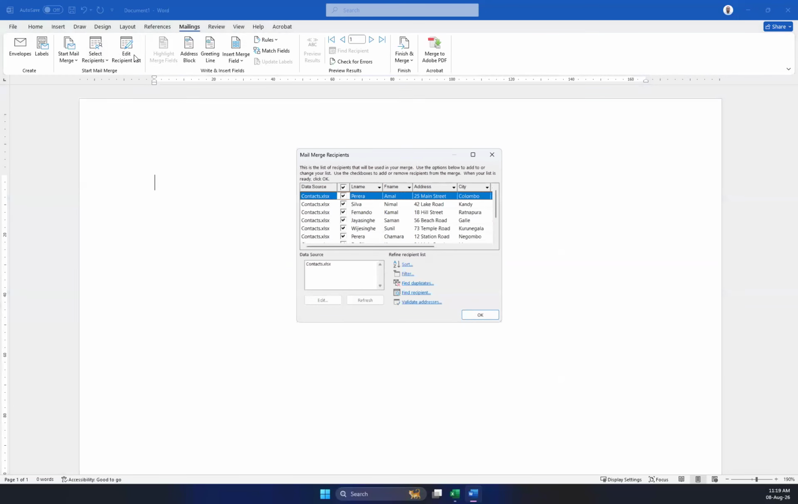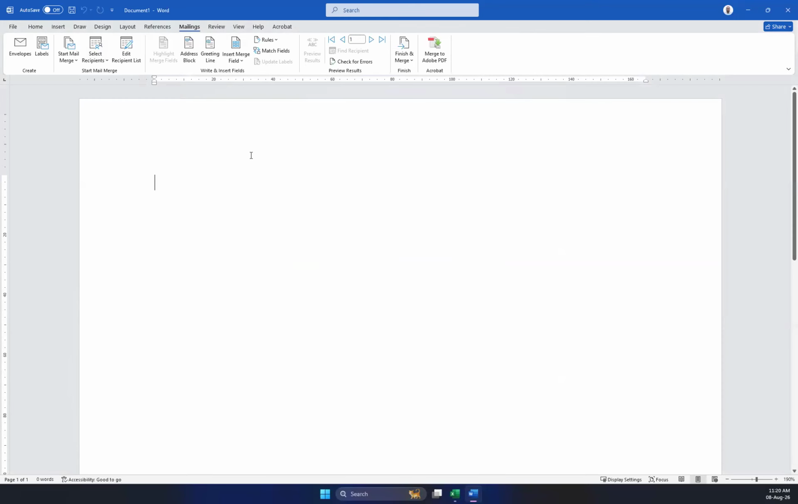If I want to edit the recipient list, you can see it here. These are the details that we have: first name, last name, address, city. Then I need to type the letter. I'm going to say Dear, and then insert the merge fields. Dear first name, space, last name,